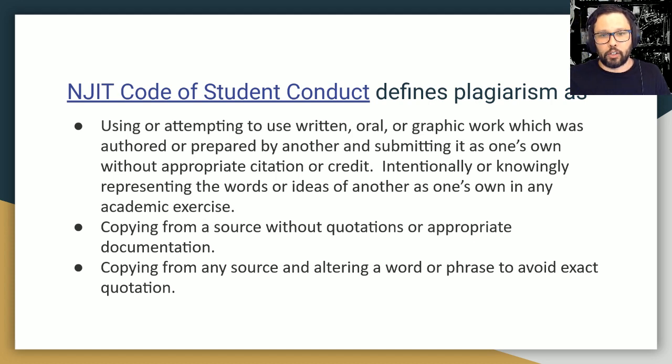So the central idea here is that plagiarism is attempting to use work that you didn't complete yourself, but presenting that work as if it's your own work for credit in a course, for credit on one of the assignments in a course. And that includes both taking material directly, copying and pasting from Wikipedia or whatever, but also paraphrasing, so taking material from some source and then changing a few of the words or some of the sentence structure, maybe deleting some sentences or adding a few sentences in between in order to avoid exact quotation, so that it doesn't look like you're just taking it from online. All of these count as plagiarism according to the NJIT Student Code of Conduct.